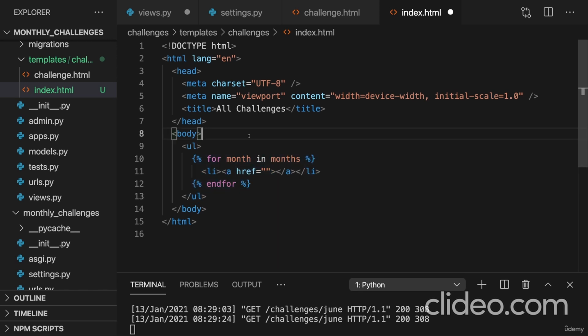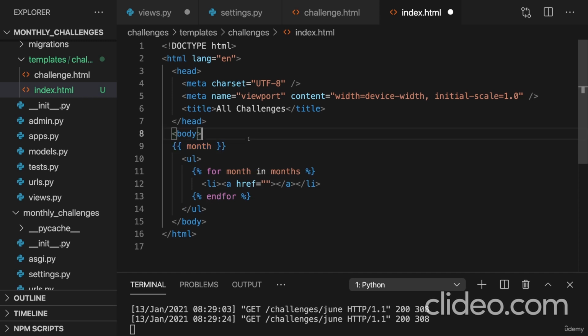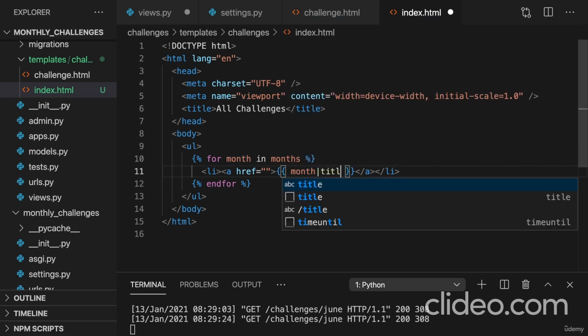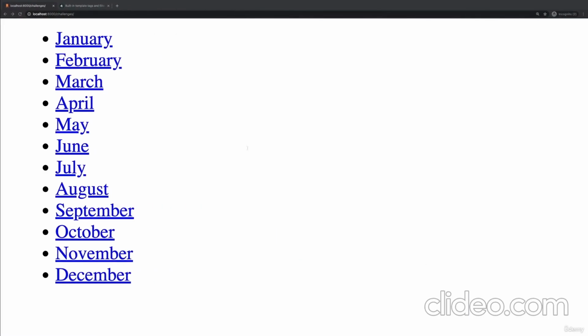So outside of that block, we cannot use month. Trying to reference it here would fail because this month variable is only available inside of the block. But there we can use it. And therefore here we can again use the double curly braces to interpolate a value, so to create that placeholder, and then, for example, output month here like this. We also might want to capitalize this, and we can therefore use the title filter as we learned it. And with that, if we save this and reload,